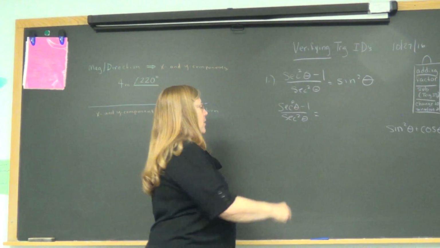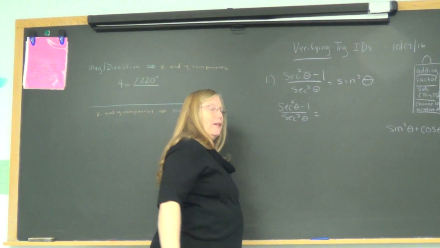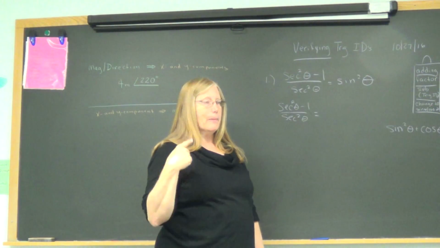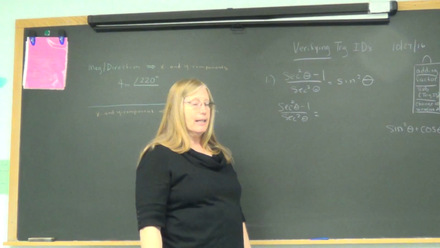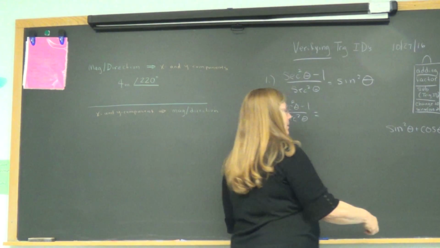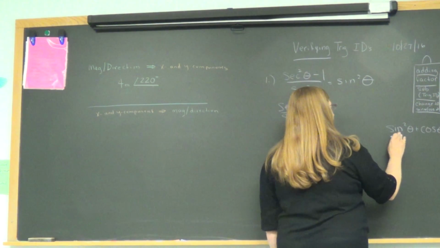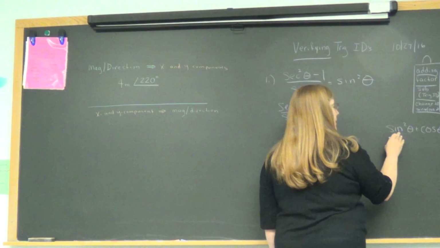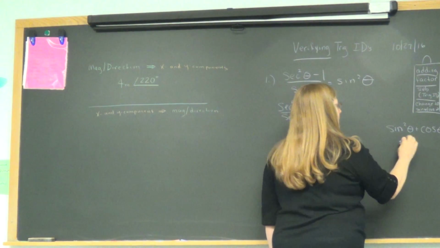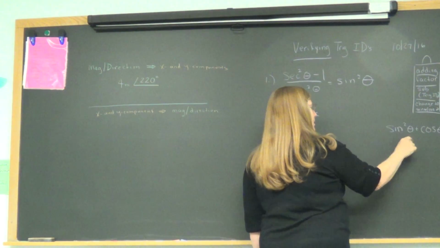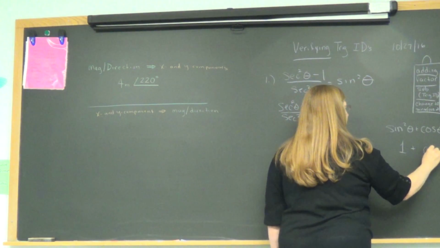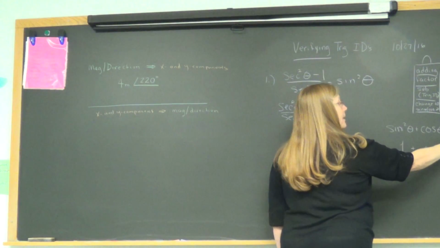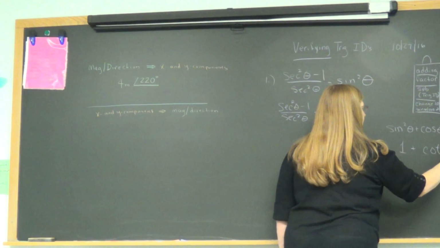But whenever I have a 1 and some trig function squared, I think to myself, it's probably one of the Pythagorean IDs. So I'm going to come up with the other two by dividing each of these by sine squared in my head. So if I divide this by sine squared, this by sine squared, and this by sine squared,